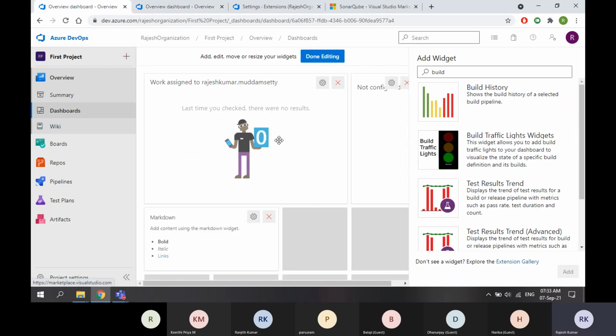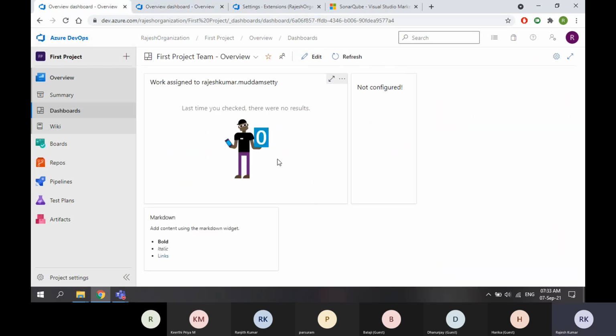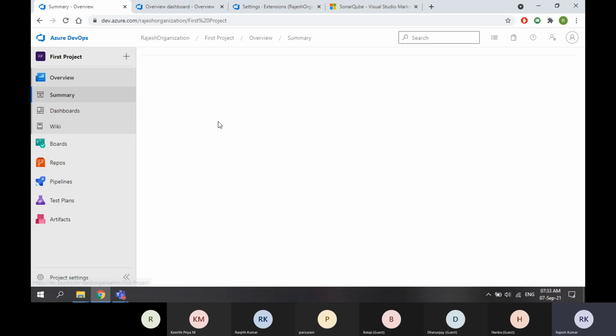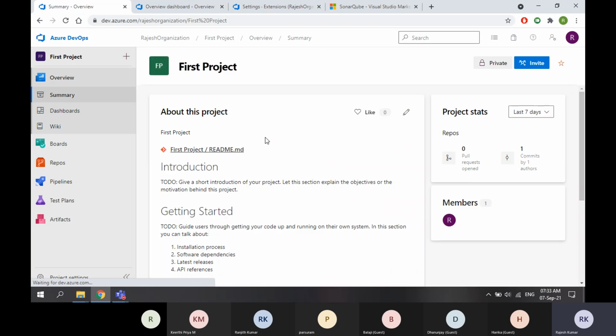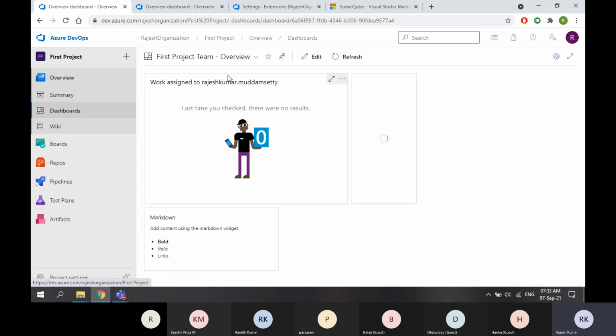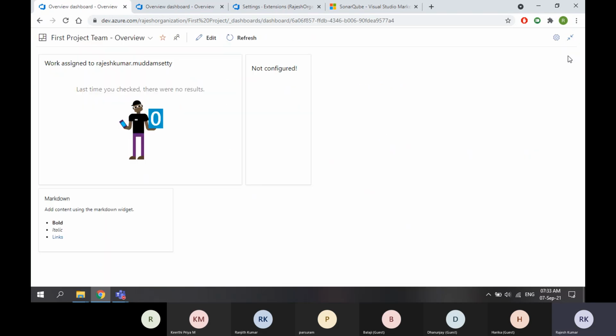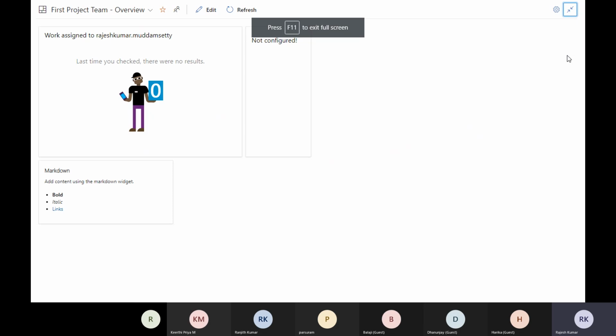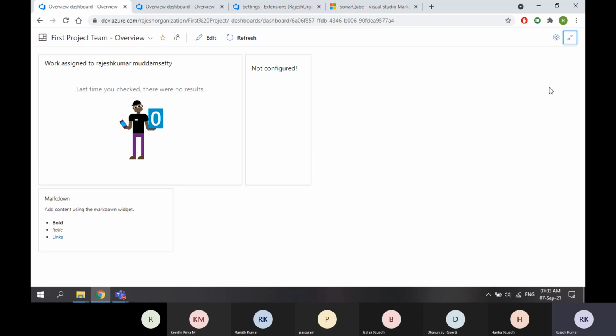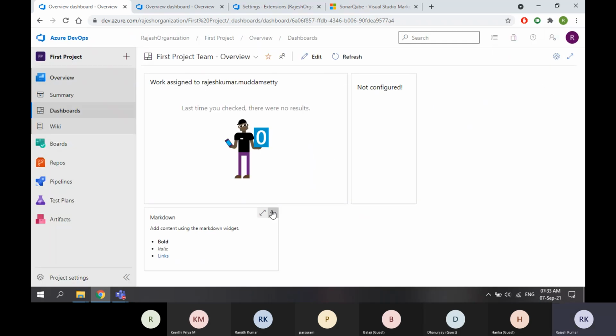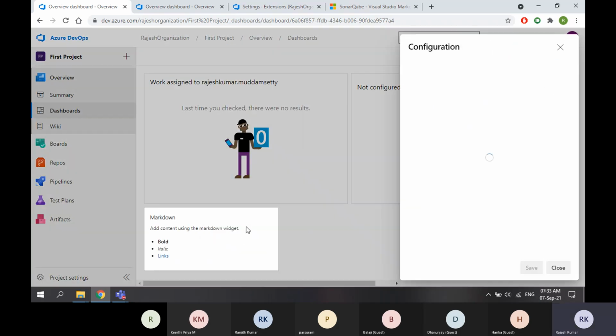Then we have seen something called markdown. So what is this markdown? How can I add some content, like how you have something about your project on the first page? We are going to display this dashboard on the project monitor, but here you want to write something about the project as well. How can you write? For that we use markdown language. If I go to configure,